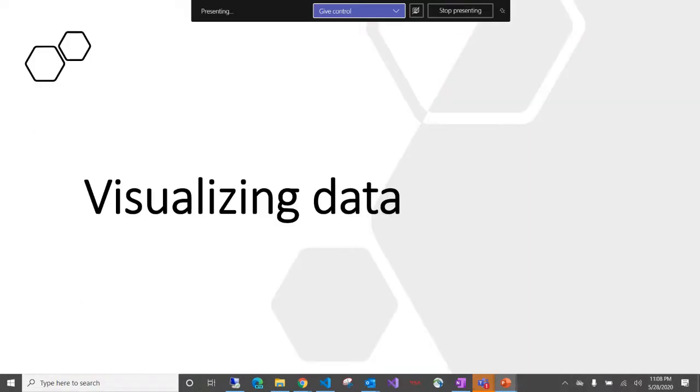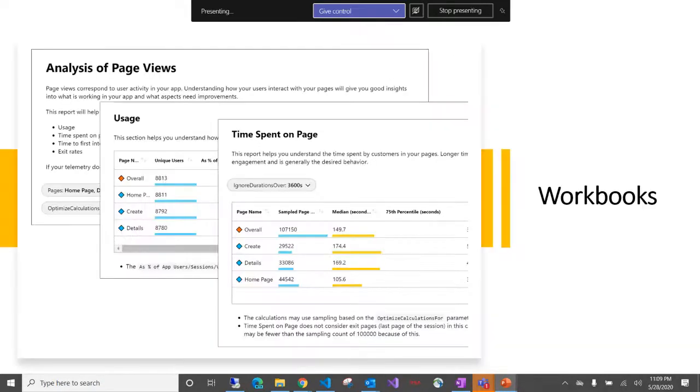So now we have seen how we can analyze, visualize and respond to the data which we receive from our application. Now the last part is what we can do with visualization. We basically have two approaches. One is something we call a workbook. Workbooks are interactive documents that provide deep insights into your data for investigation and collaboration within the team.